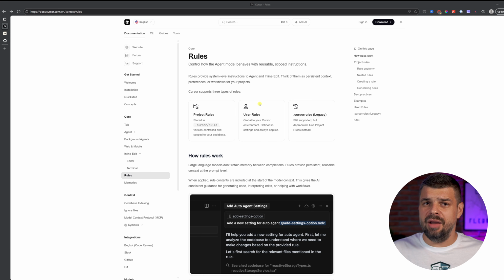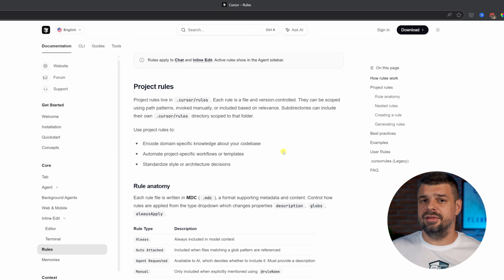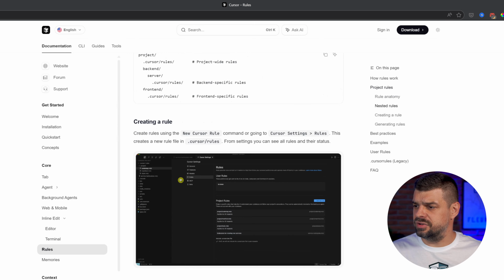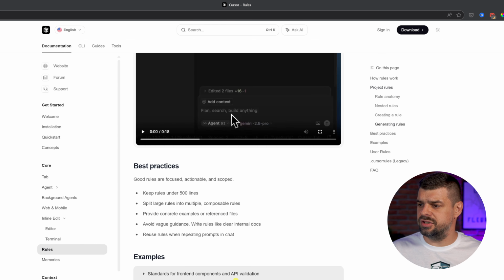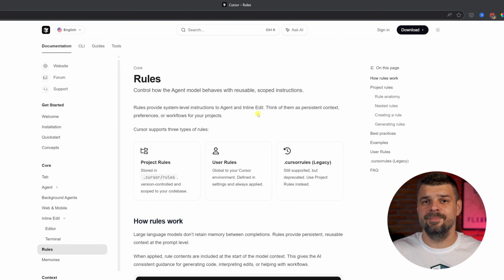Okay, I'm here on their documentation. So in the section of rules, see, yes, here are rules, and you can create rules to enforce conventions, prevent common errors, and improve code quality. You can see the things here, like nested rules, creating rules, generating rules, etc. So this is also important to see and to know if you haven't checked this in the documentation. So always, documentation is actually the best place to get the main thing for any of the code editors or IDE tools